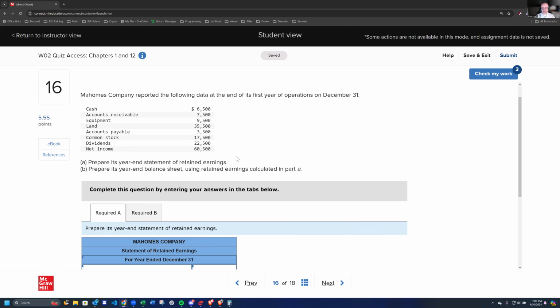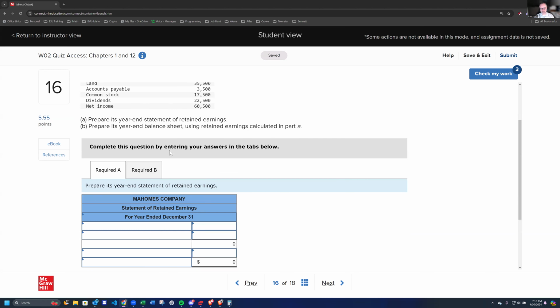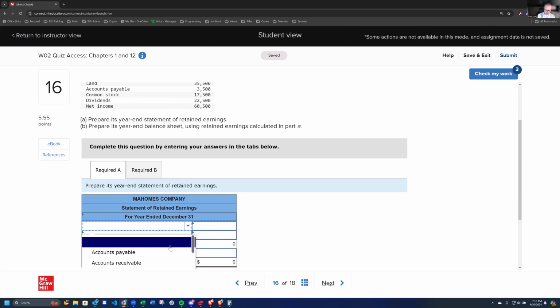All right. So prepare its year-end statement of retained earnings. Remember, retained earnings starts with a balance at the beginning, plus net income, and minus dividends to come up with the ending balance. Now we have the net income here. We also have dividends here. So we should be able to do this one pretty easy. So let's look at this. You've already got the date in here. We're going to start in with a beginning balance. And it doesn't give us a beginning balance, so we have to assume,